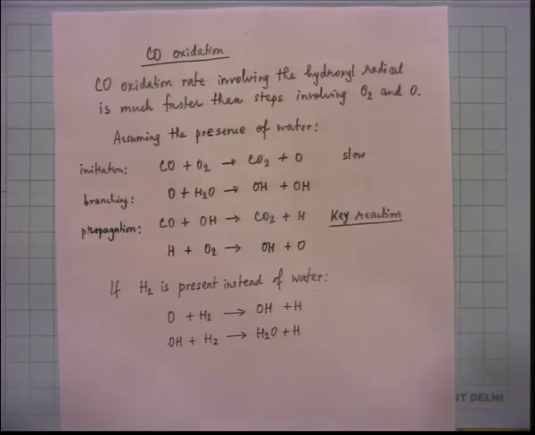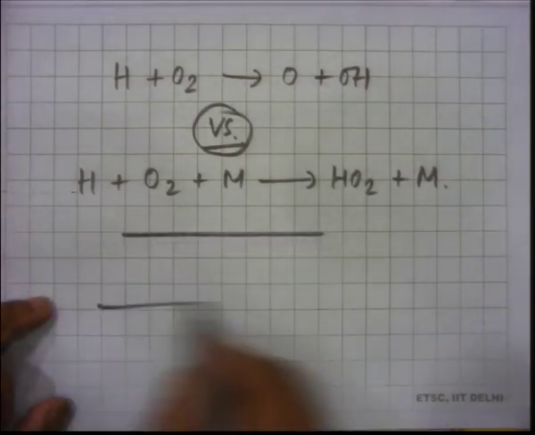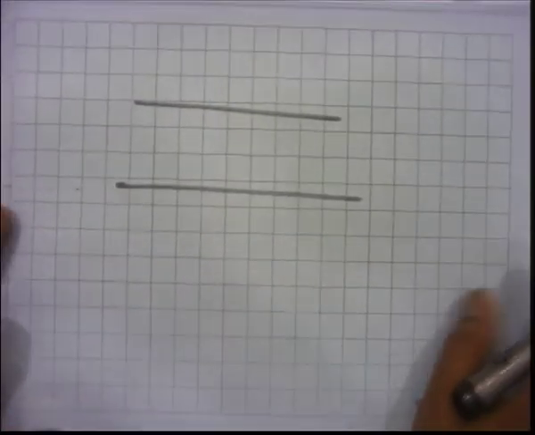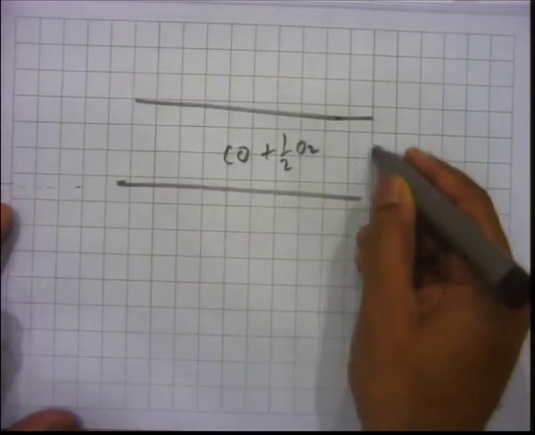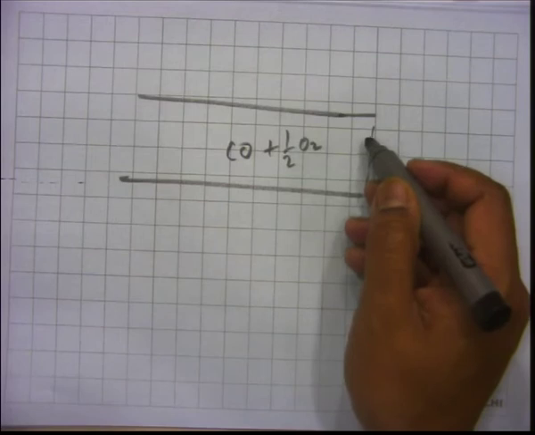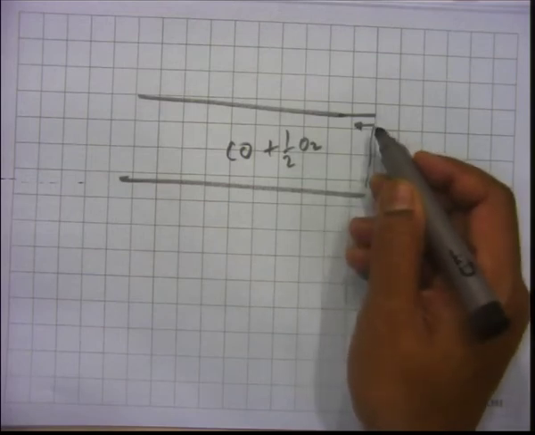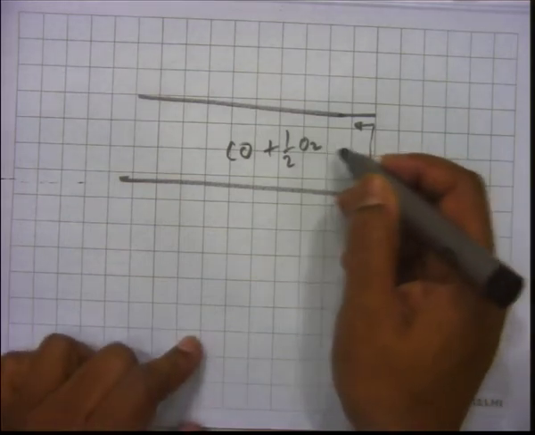But air typically has moisture, and even a small amount of moisture will make that flame propagate much faster. So, what I was saying is it does not have to be a flame propagation situation, but if we think about this sort of situation, if you have CO plus half O2, then if you ignite it, you get a flame maybe, but if there is no moisture, if there is no hydrogen containing thing, it will move very slowly. If you add even a small amount of moisture, then it will start moving faster.